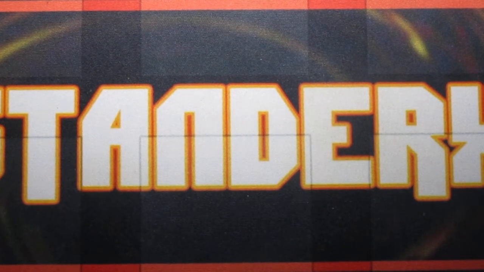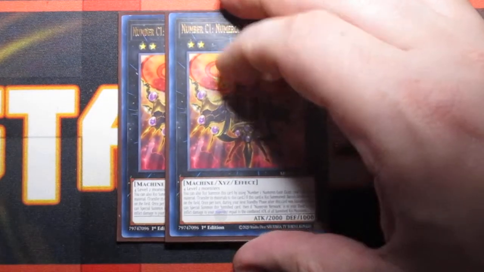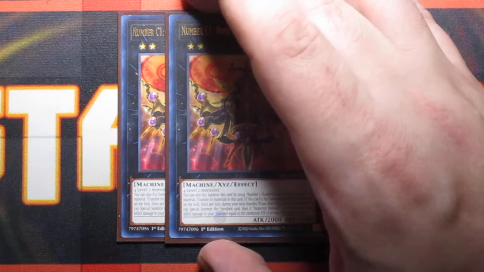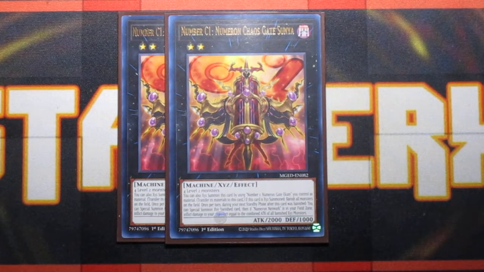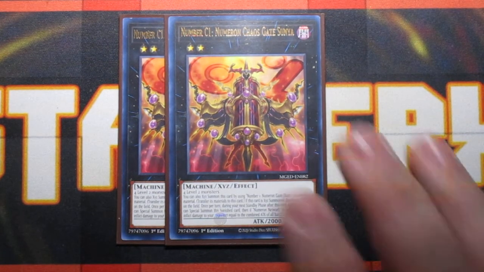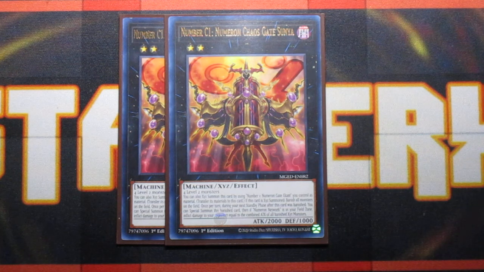One of the new cards is C1 Numeron Chaos Gate Sunya. Alright, the Chaos Gate, when it's summoned, acts as a board wipe because it basically banishes all monsters on the field, which is huge. The other thing about it is that during your next standby phase, it special summons itself back from the banish onto your field,